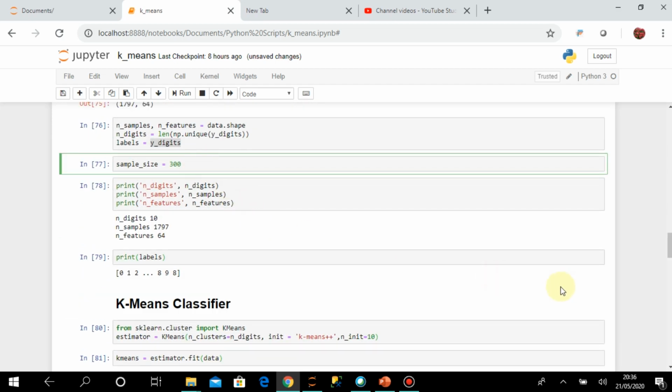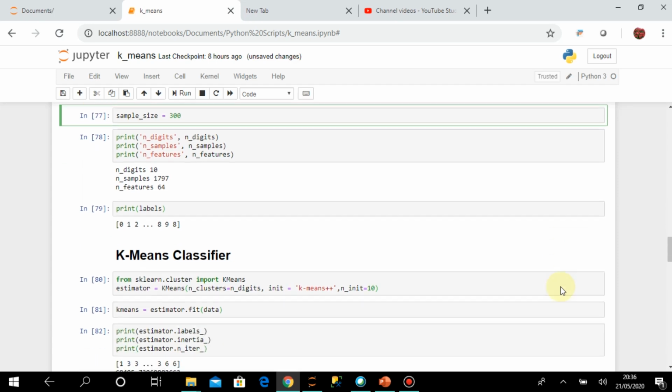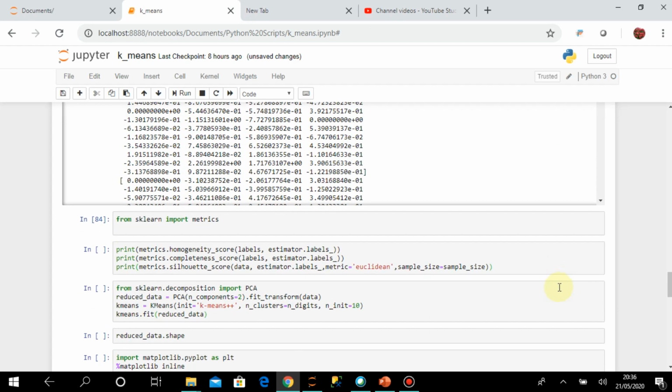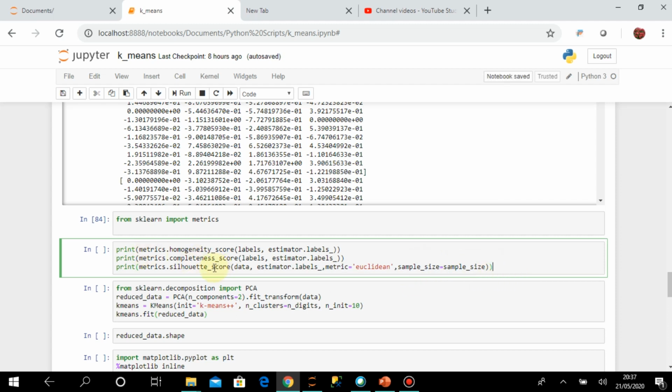There are a total of 1797 records, but I don't want to calculate the score for the entire data set, because the calculation would be huge for 1797. So I have taken a sample of 300 and I am calculating the Silhouette score on that.